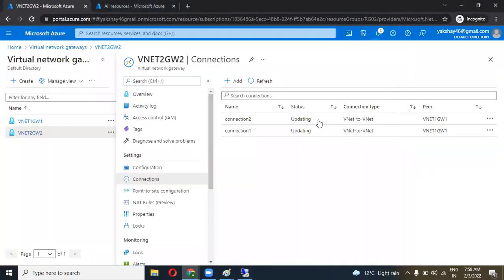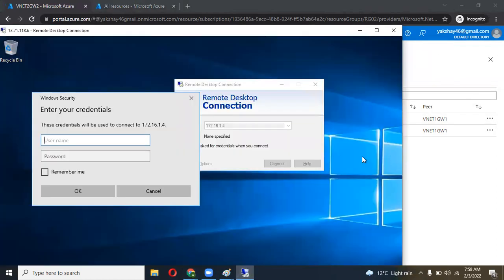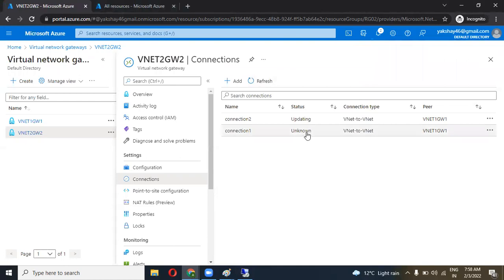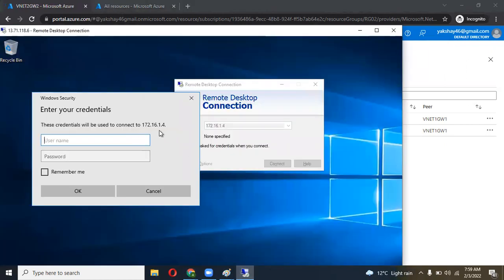Okay, so let's refresh this. It is connected right now. It takes some time. Yes, connection 1 is successfully created, though the status shows unknown. It will take 3 to 4 minutes to update the status here. So let's wait, but our connection is successfully established. Now I am able to connect with my machine through the private IP addresses. As you can see, this is my private IP address here. And once I click on the region, once I open Azure user,